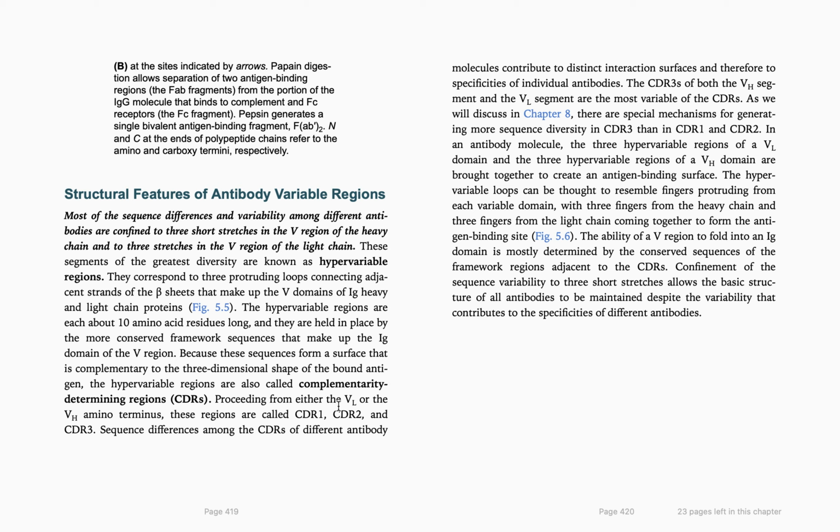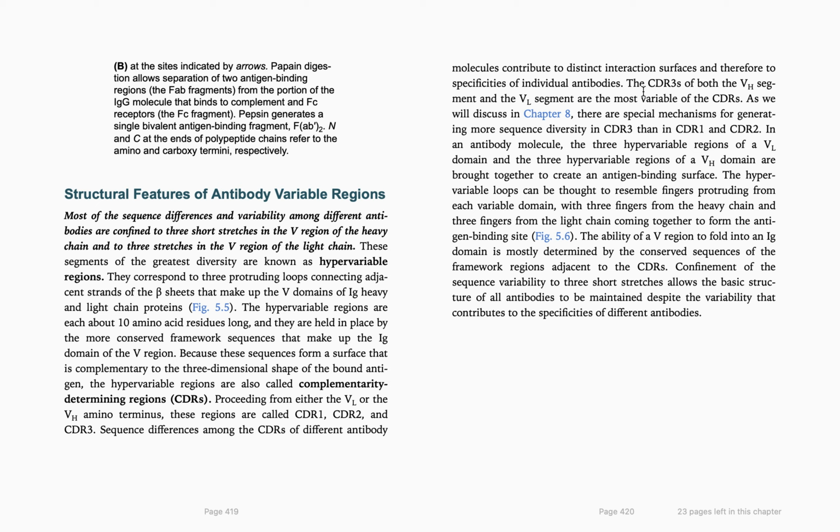Proceeding from either the variable light or the variable heavy amino terminus, these regions are called CDR1, CDR2, and CDR3. This is complementarity determining region 1, region 2, and region 3. Sequence differences among the complementarity determining regions of different antibody molecules contribute to distinct interaction surfaces and therefore to specificity